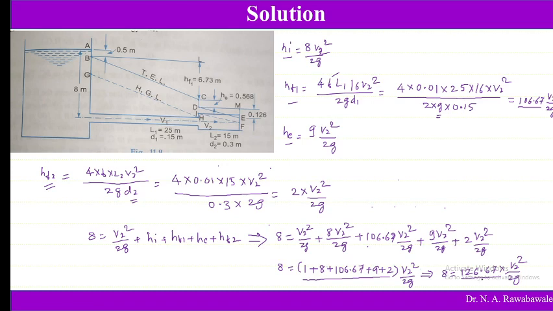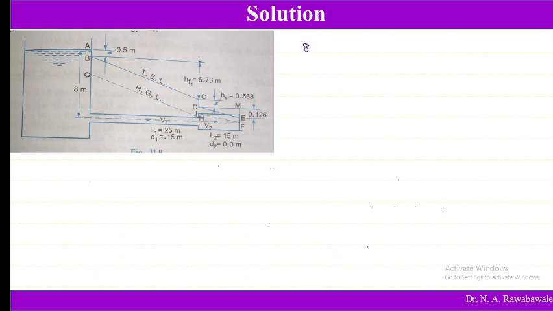So if we transfer these constants to the other side, V2 square is equal to 8 into 2 into G divided by 126.67, or this is equal to 8 into 2 into 9.81 divided by 126.67. So V2 is equal to the square root of